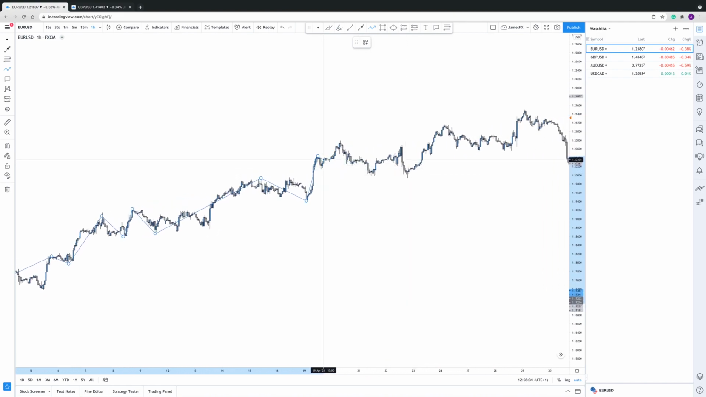Now, we could say that we had an impulsive move up that made the higher high. We pulled back, and then we made this higher high, and we come down to test it. We pulled off, and then we broke it. So essentially, we had a little